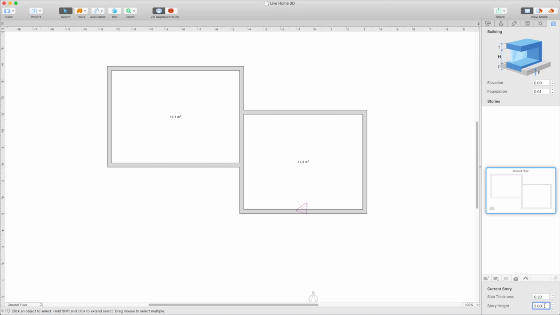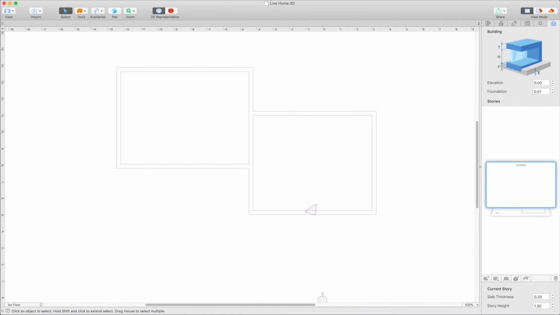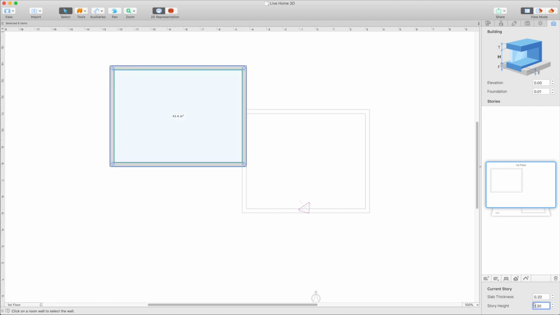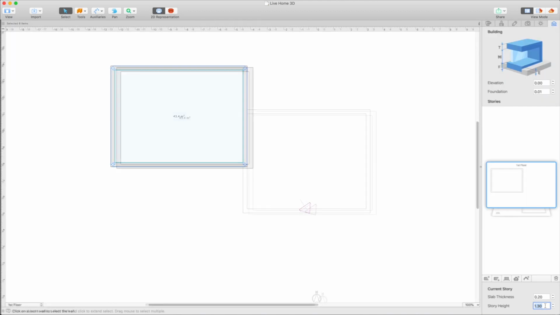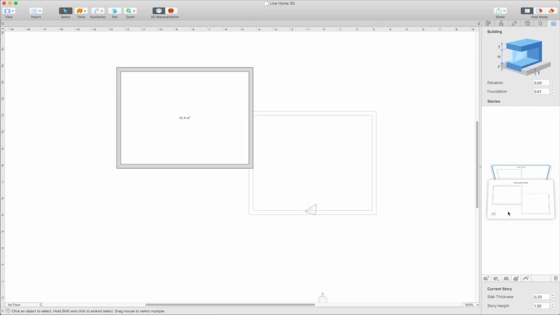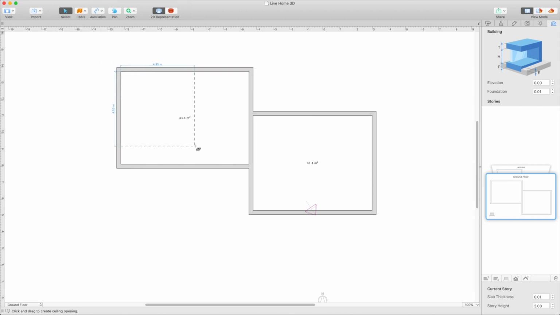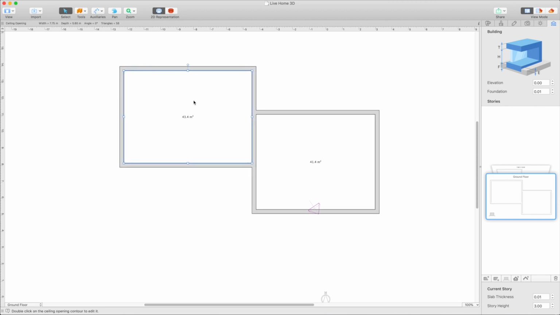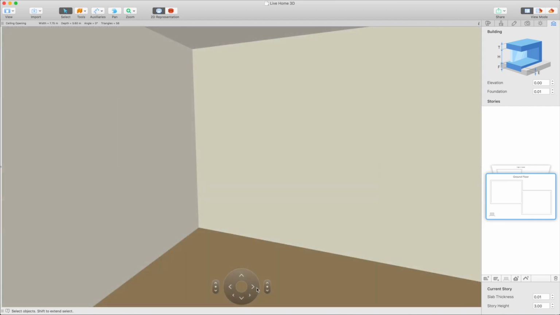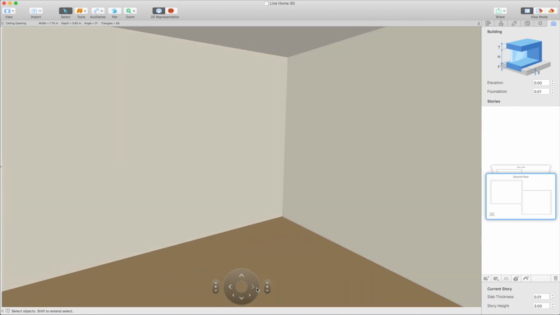Use the Building Properties tab of the inspector to add a second story with the height that equals the difference between room heights minus the slab thickness. 4.5 minus 3 minus 0.20 equals 1.3. Create a ceiling opening to merge lower and upper rooms to create a single room with 4.5 meters in height. Note that you need to be on the ground floor to create this opening. All we should do now is remove the molding for each wall and paint slabs.